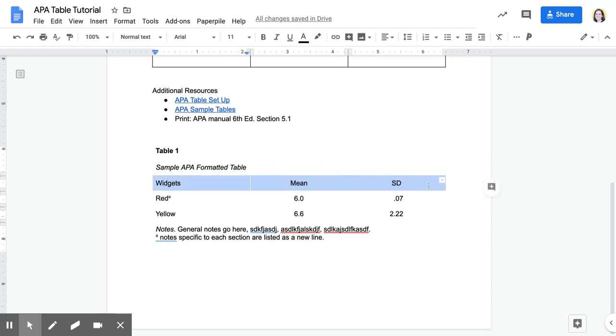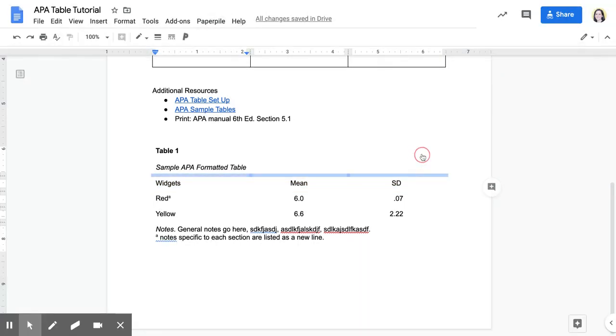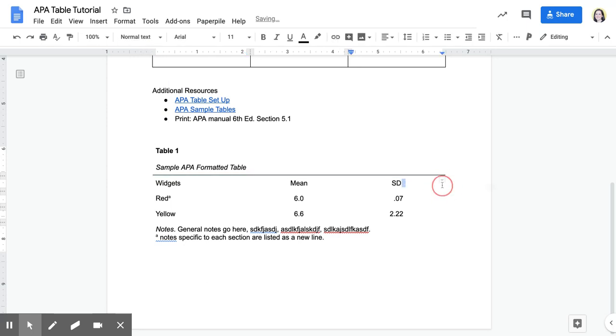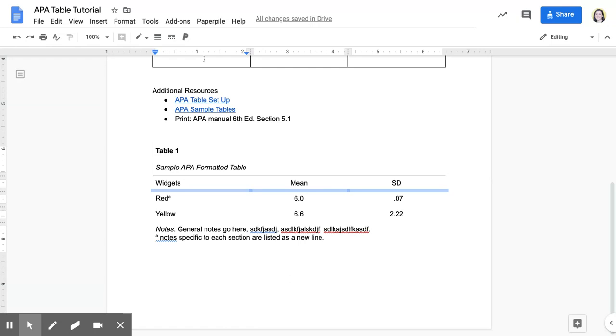And then your first line is going to go below the title. So I'll come up here to where our column headings are, and then I'm going to select this one that shows the top of the box and see how it highlights that row of lines, and I'll change it back to black. I'm going to do the same thing again for the bottom. There we go. And then our last